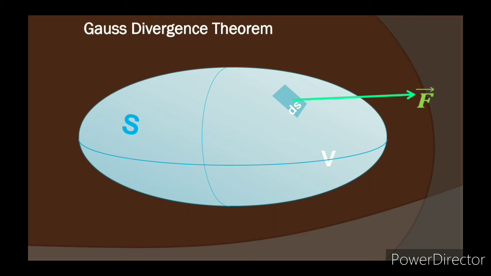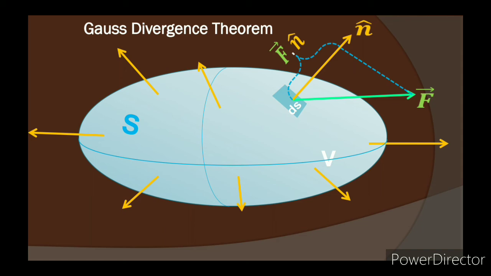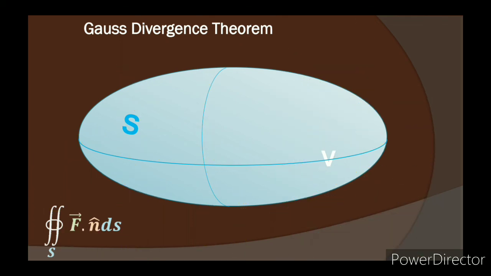The normal component of f is given by f dot n cap, and so the surface integral of f over the closed surface S is given by double integral of f dot n cap over S, which gives the normal passing tendency of the vector field across the closed surface S. We can find the same thing differently.